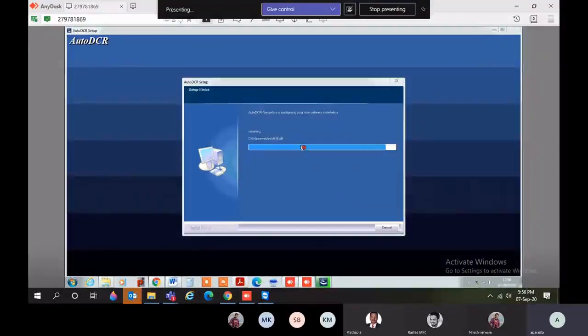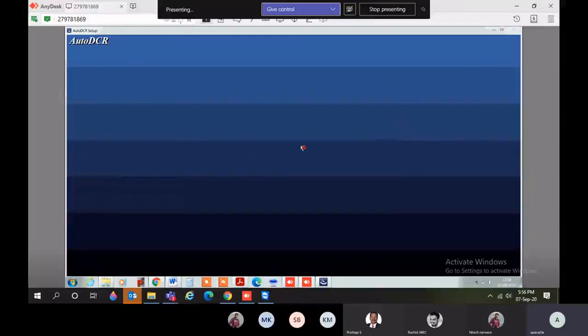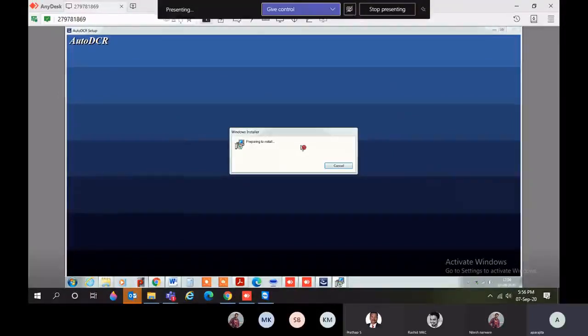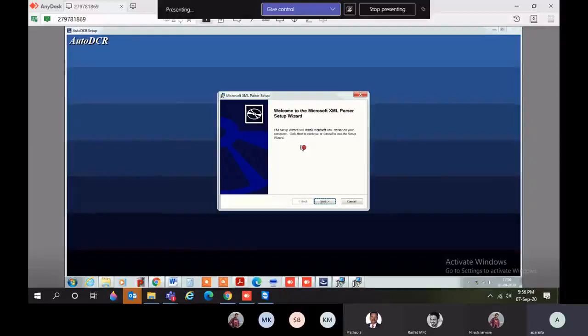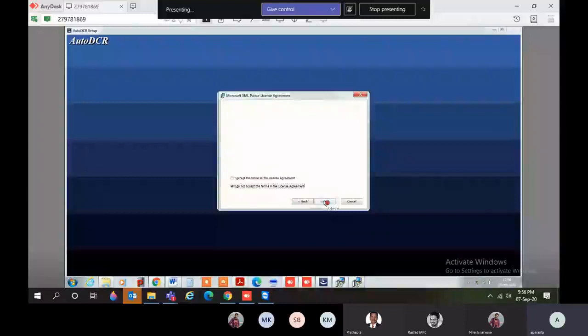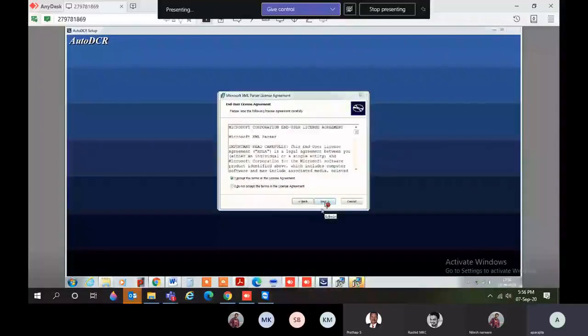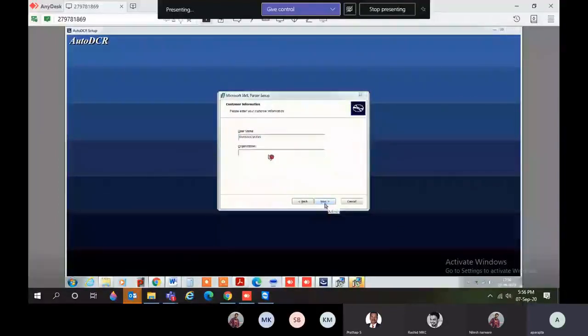So it's installing. Again click on next button. Then click on I accept the terms in the license agreement. Then click on next.